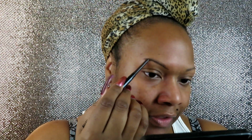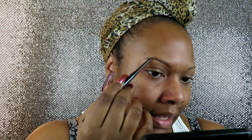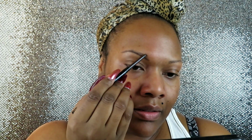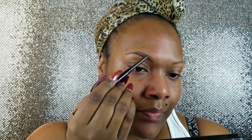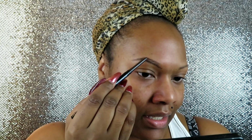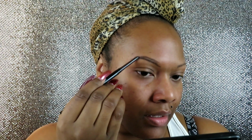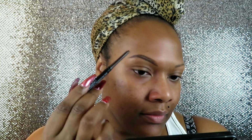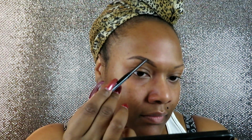And then I'm going to feather stroke when I get out here to the tail, so it's not as harsh. And then instead of starting on the inner part of my eyebrow up at the top, I'm going to start feather strokes again where the hair starts, and just sticking to the actual shape of my brow. And then wherever there's little sparseness, lightly fill it in. So now it looks like I